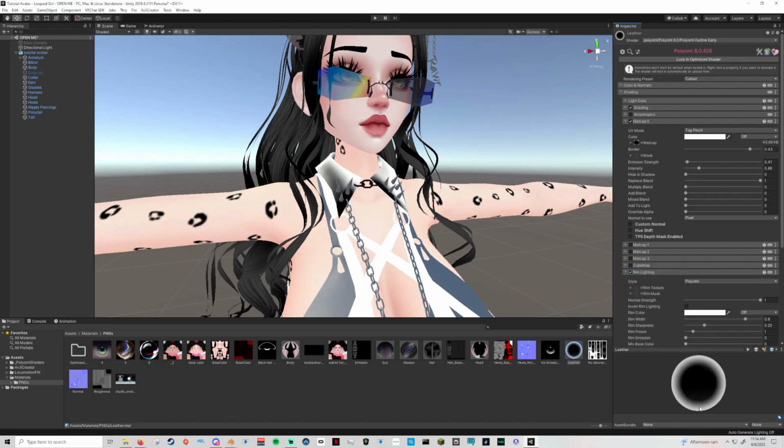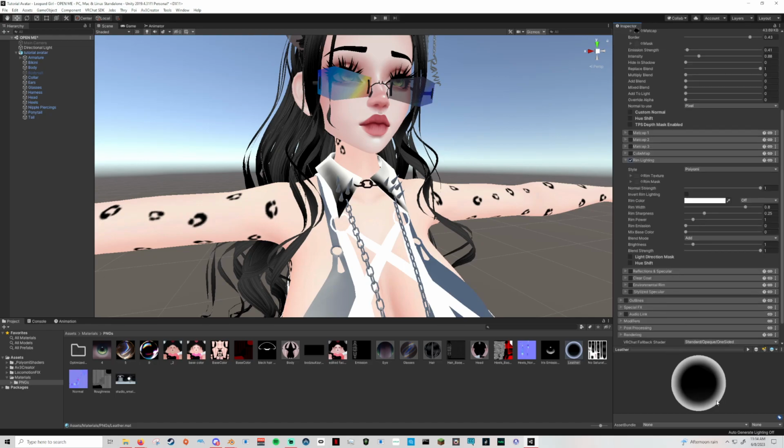Now rim lighting, watching it on your actual avatar is obviously super helpful. I feel like it's also helpful to watch it down here, so you can actually see the base material, because that is going to be wrapped around your mesh, your asset. As you can see, rim lighting is lighting around the rim, but you can do invert, and now it's inside. So if we do width and go whoop,